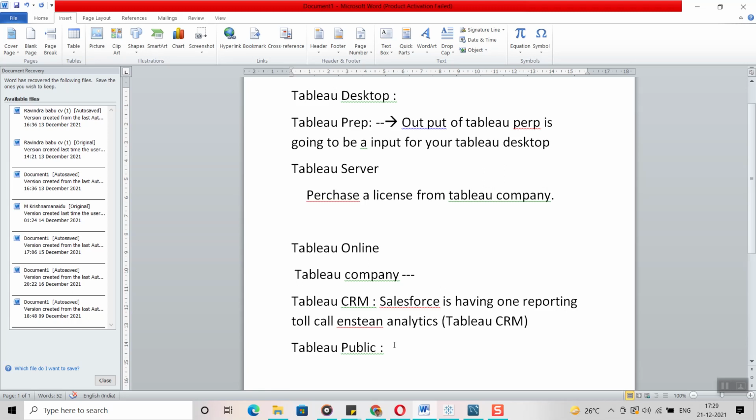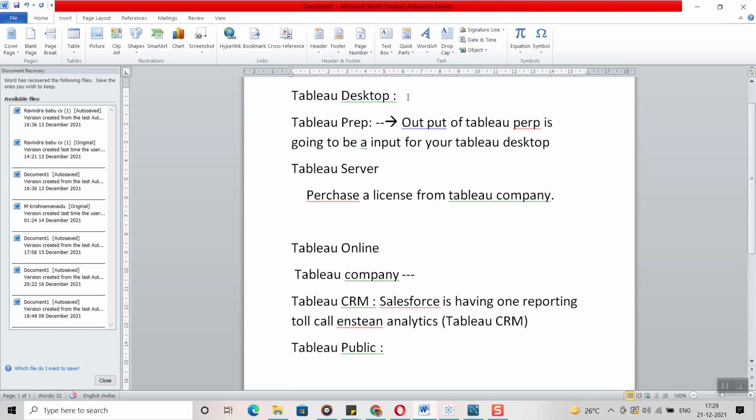In real time we connect to different kinds of databases. Whatever database the customer has, we connect to that database and bring the data. Tableau Public does not allow you to connect to any kind of database; you can only connect local files available on your machine. But through Tableau Desktop, you can connect local files on your machine, and also any kind of database.